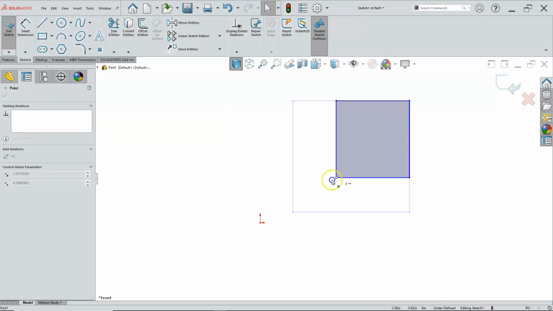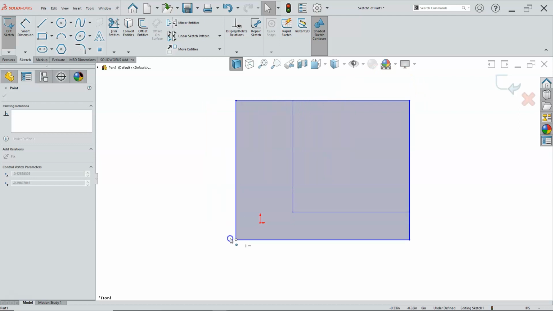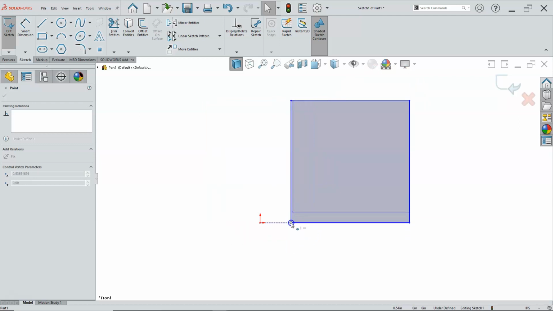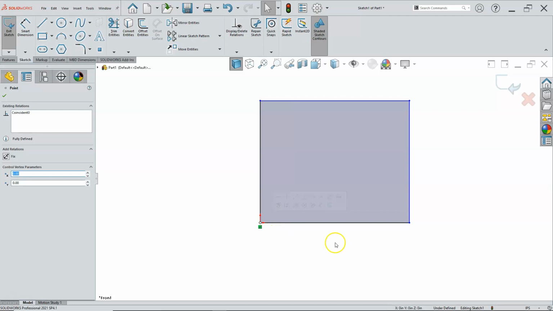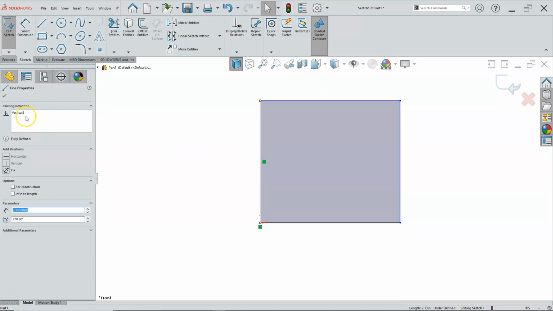All right, so at this point I can grab an endpoint, left click, hold down, and as I'm rubber banding this endpoint around, I'll see those inference lines pop up. And then when I get close to the origin, it'll make a little jump and show me that I'm coincident. As soon as I make it coincident, my blue lines go to black, and now that point shows up with the little green box that says that coincidence has been applied, and in the property manager I will see that relation of coincidence. So in the process of drawing these lines, I have inferred vertical, I've inferred horizontal,